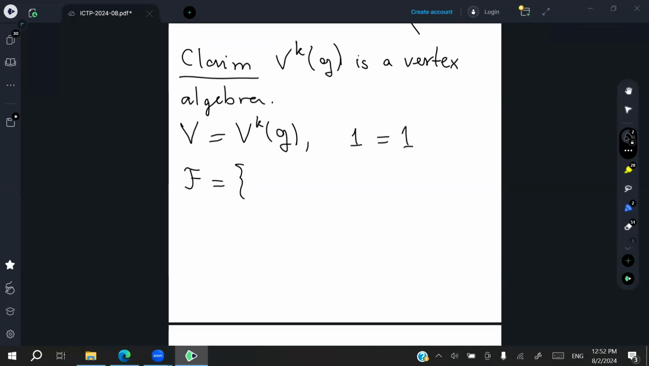Now, instead of just one generating field, there's going to be a bunch of them. There's going to be one generating field for every one of, let's take a basis for G. So I'll call these A of Z, where A are elements in G. So explicitly, I have to say what A of Z is. So this is the sum of